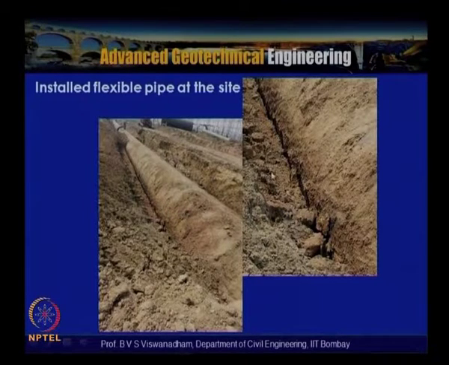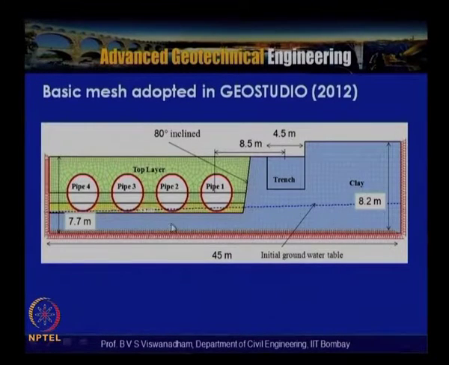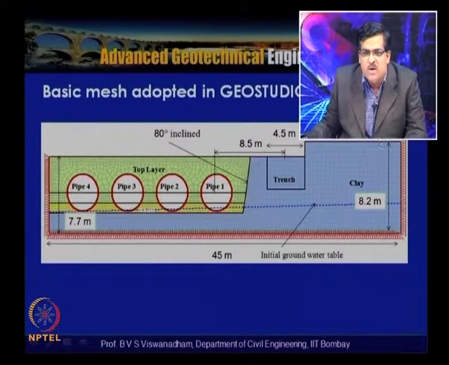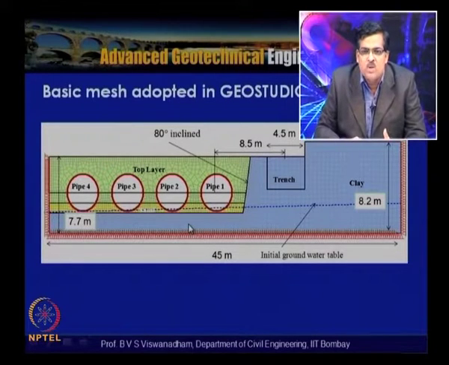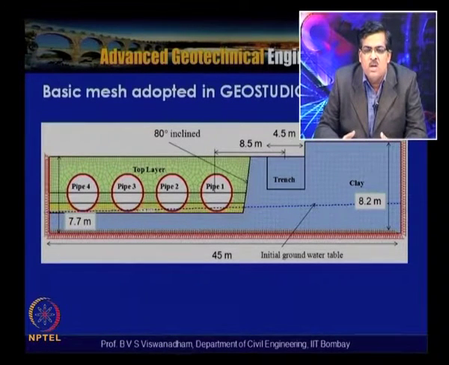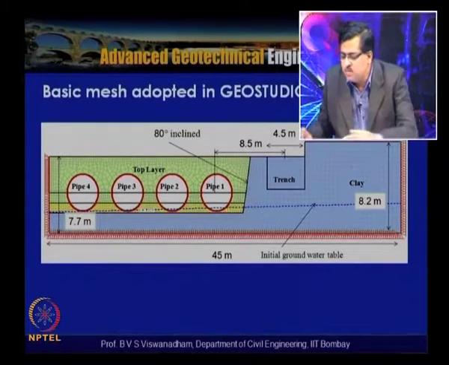This is the same figure, modified here. This is a typical case: pipe 1, pipe 2, pipe 3, pipe 4, where in this area rainfall has been simulated, and then the water flow has been simulated. When this was done, pipe 1 and pipe 2 were found to be under submerged water, and pipe 2 already had an internal pressure of about 500 kN/m², but pipe 1 was found to experience distress due to high external pressure. We will see how that can be seen through a video.